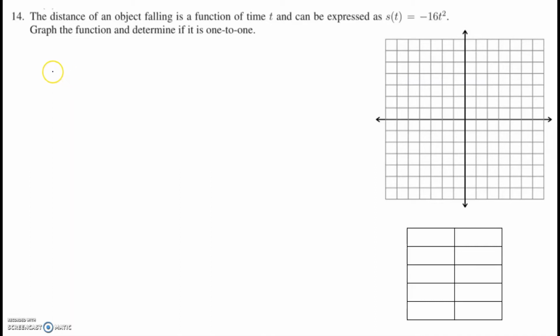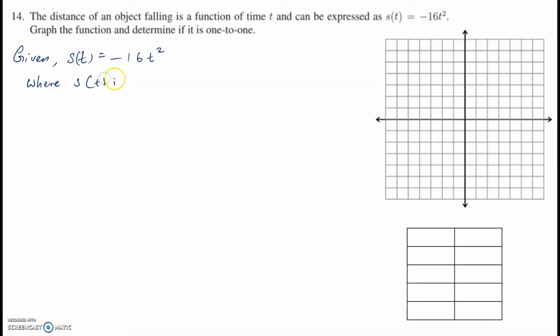In this video, we will solve problems from exercise 1.3. Question number 14. The distance of an object falling is a function of time t and can be expressed as s of t is equal to minus 16 t squared. Graph the function and determine if it is 1 to 1. So what's given to us is a function s of t is equal to minus 16 t squared, where